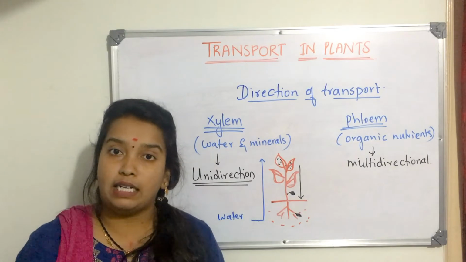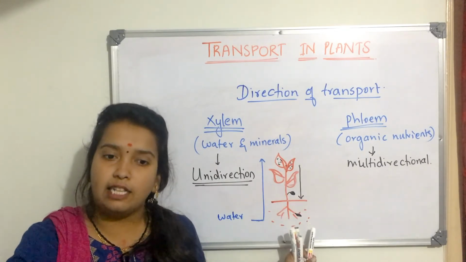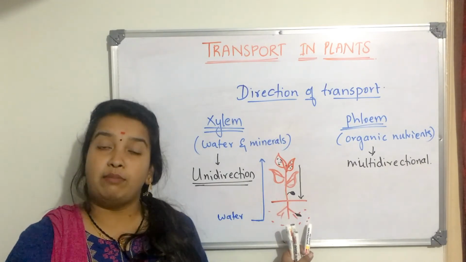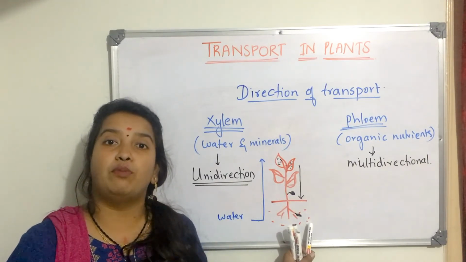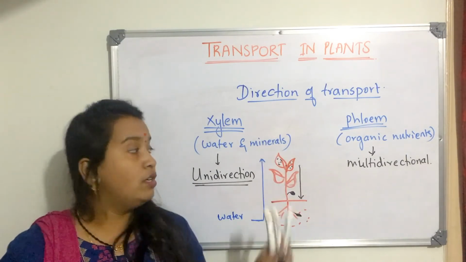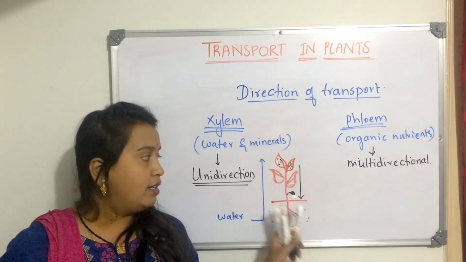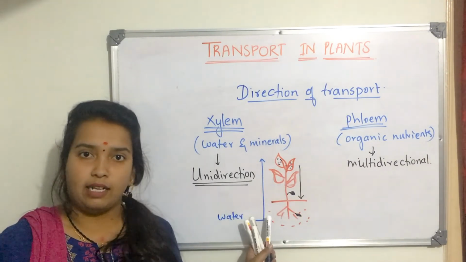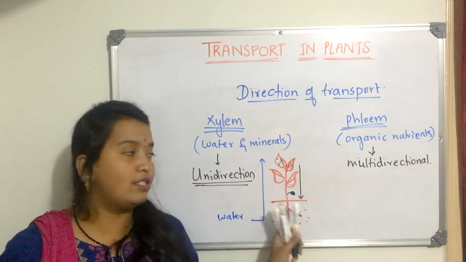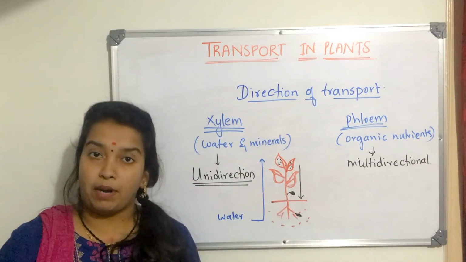What does the plant do then? It takes the food back from wherever it had stored it. That means sometimes from root food is transported to the upper part of the plant. So initially, what happened was, from the leaf it came downward. This is unidirection. But water in xylem, it happens like that, only one direction it is. But in case of phloem, when we talk about, it is not unidirection. It can be multidirection. Depends on the plant.